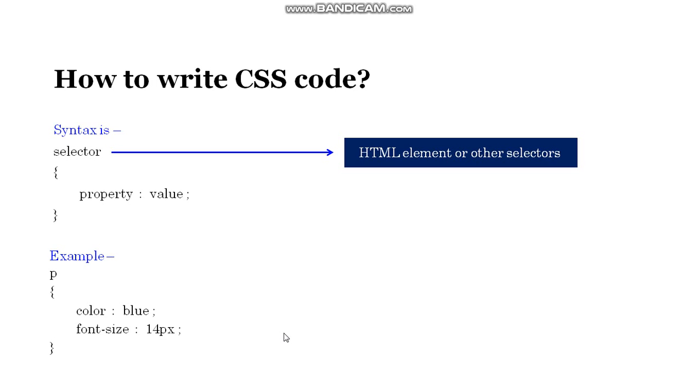But in CSS, the font size values are very similar to any word processor. So you can provide any value with the unit px, but remember not to add space between the property value, that is 14, and its unit, that is px or pixel. So there will be no space in between.